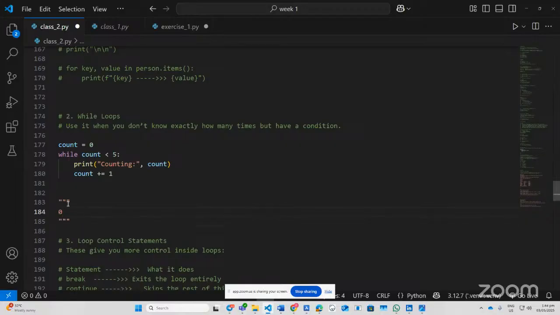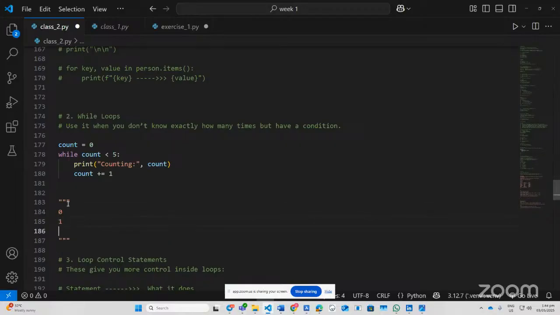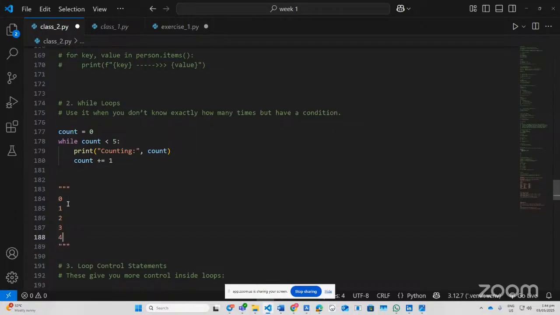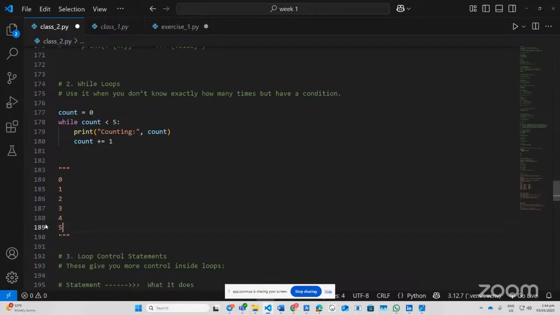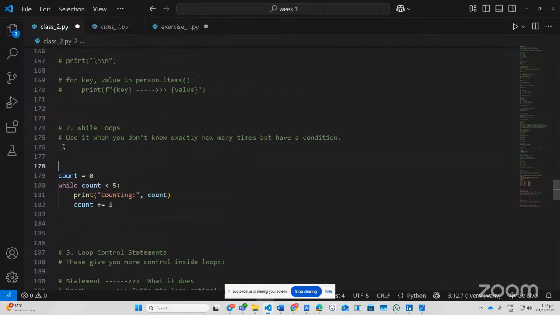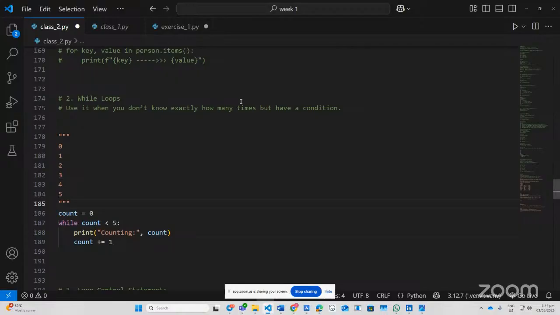We have 0, 1, 2, 3, 4, 5. Now remember the first condition is